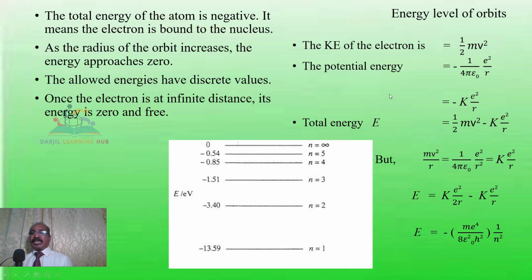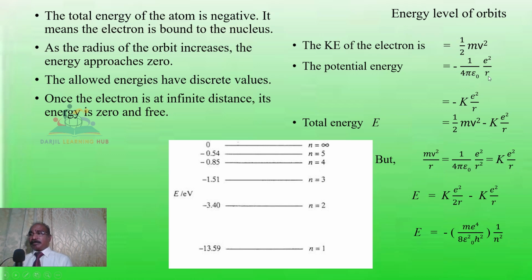Then we have to find out the potential energy of the electron. Sum it up, that will be the total energy of the electron. Therefore, according to the kinetic energy formula, the kinetic energy of the electron is half mv square, because v is the velocity with which the electron is moving. Potential energy we have already studied in your lower classes: minus 1 divided by 4 pi epsilon 0 e square